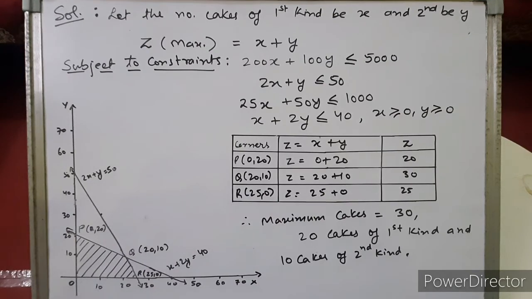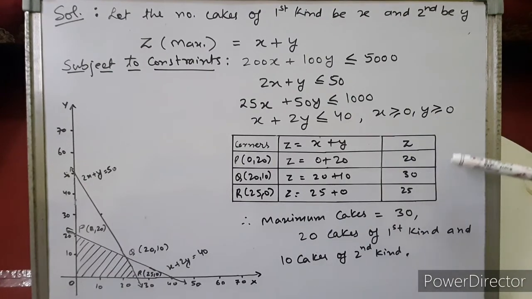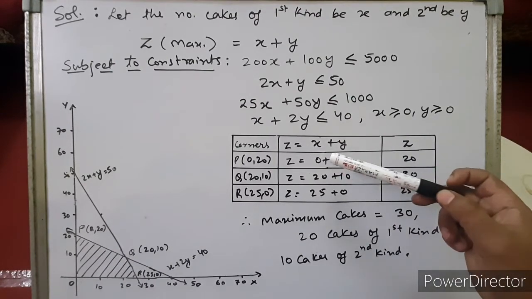Right, now when we got the feasible region, we can see that we are having corners surrounding the feasible region. We have written them as P, Q, R and O here. So the P coordinates are 0, 20. The Q has coordinates 20, 10, and R has coordinates 25, 0. And O, this is origin, so it's 0, 0. We will not get any maximum or minimum value here. So we are having the coordinates of the corners of the feasible region and the objective function, and now we'll draw this table to find the maximum value of z.